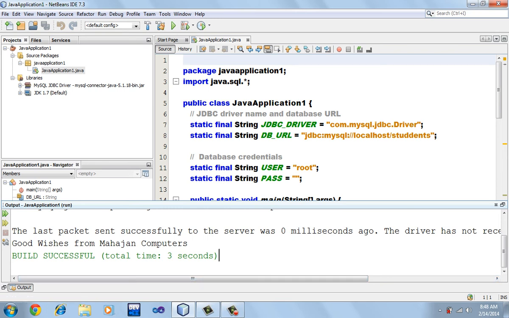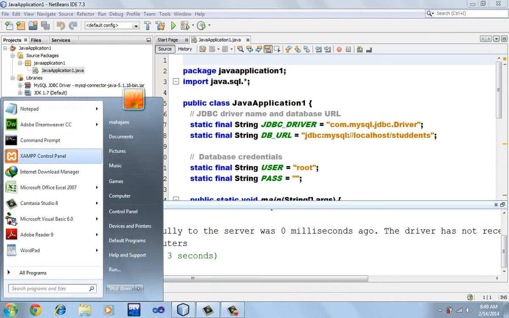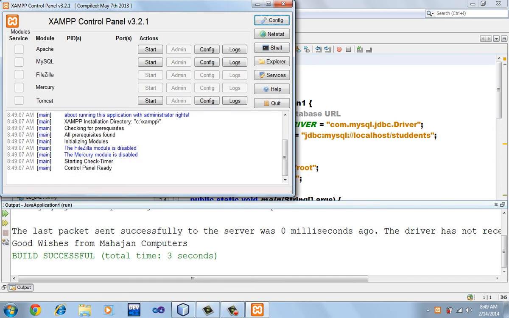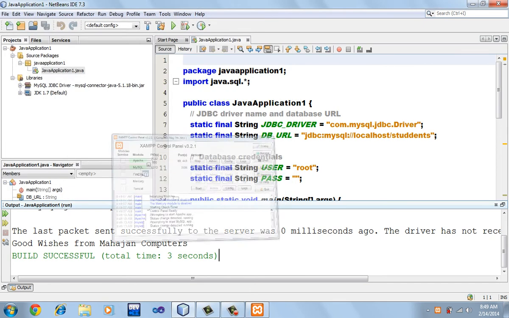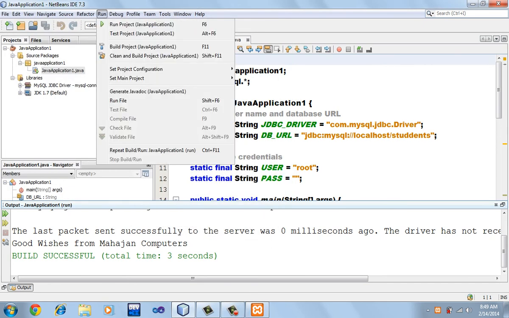Actually it was not picking up the records. Why? Because we have not set the server on. Go to the XAMPP control panel, start the Apache server, start MySQL also, minimize the window, and now re-execute it.